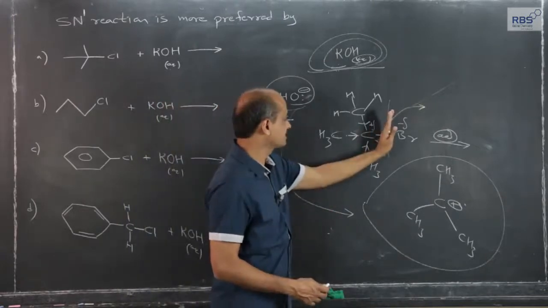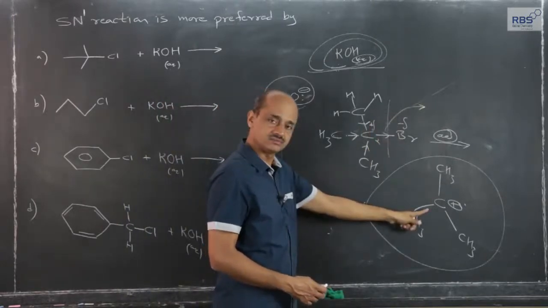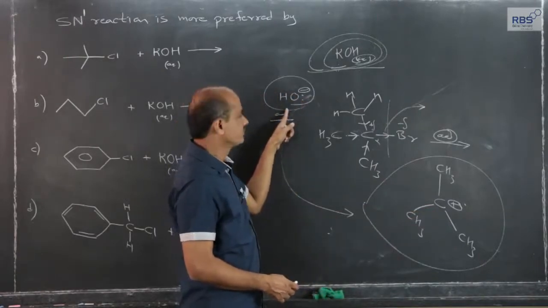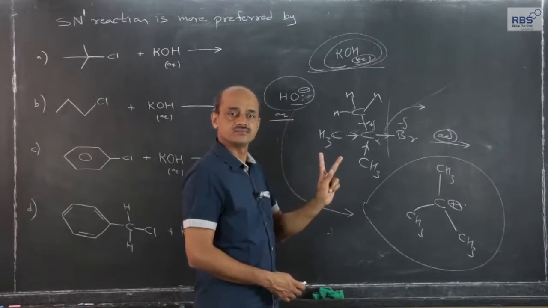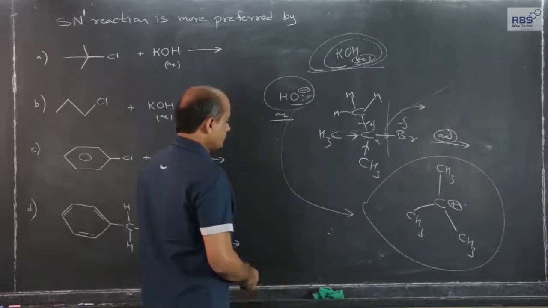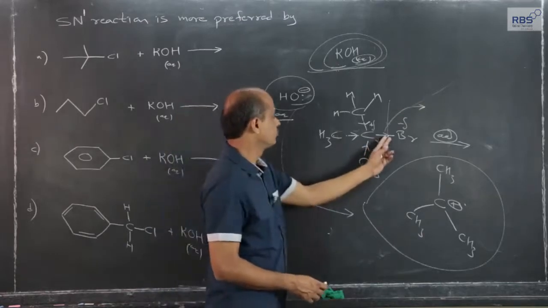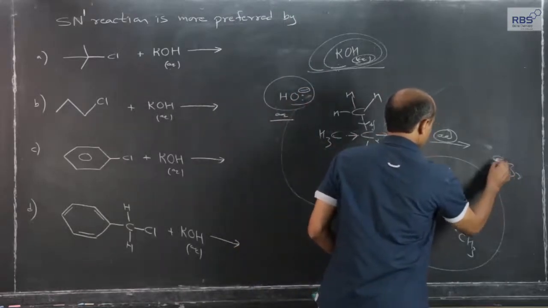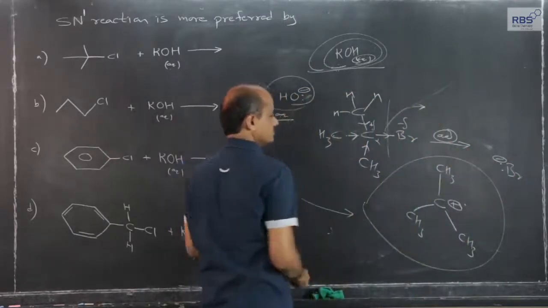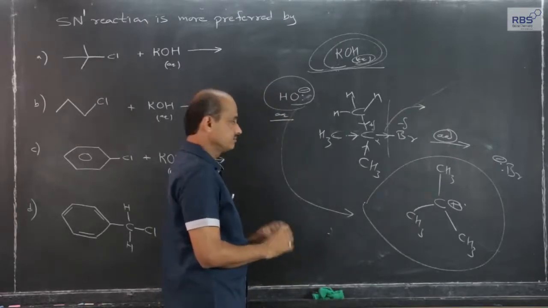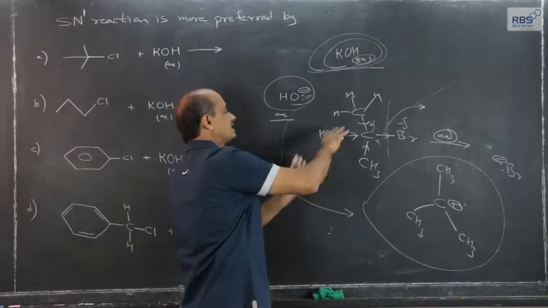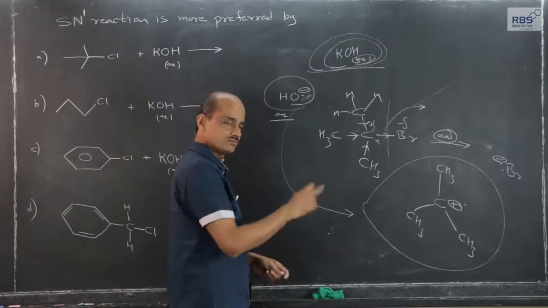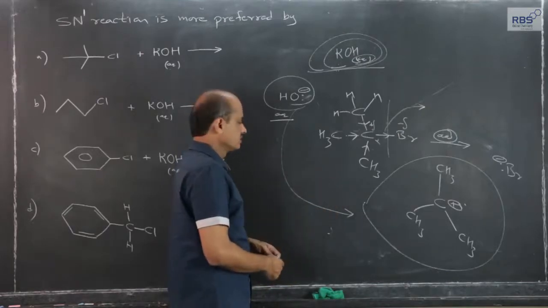Here, first breaking. Unless the carbon-bromine bond breaks to give carbonium ion, and this is a more stable tertiary carbonium ion, OH minus ion cannot attack. This is a two step reaction. This is an SN reaction because bromine goes out in the form of nucleophile Br minus, and OH minus attacks the carbon. So ultimately the reaction is the same, one strong nucleophile has replaced a weak nucleophile, but in the earlier case it was simultaneous, one step, breaking and formation.